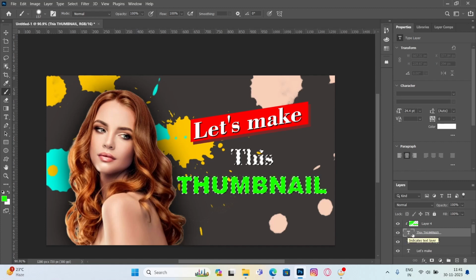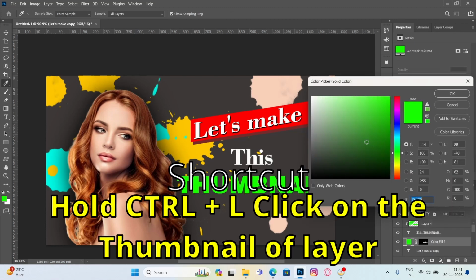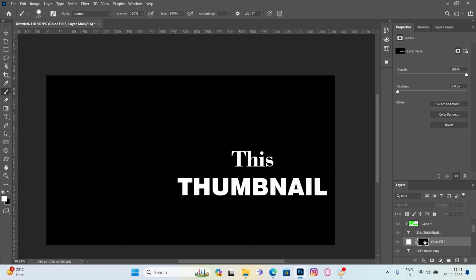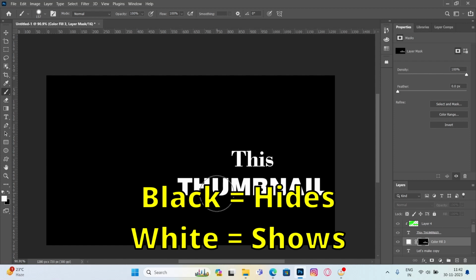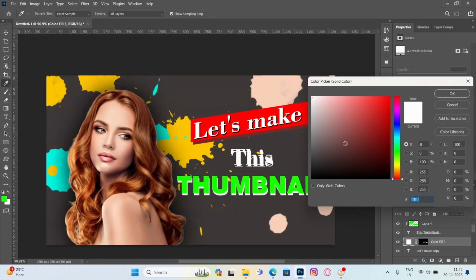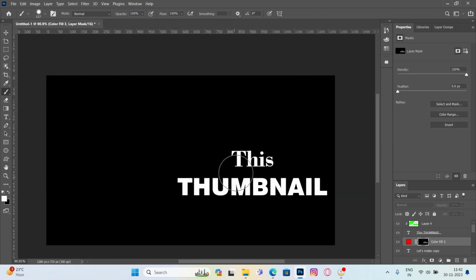Now here let's create a selection of this layer. So you can create a selection of any layer by pressing and holding the Control button and clicking on the thumbnail, that is the T for the text layer. Now I'm sharing something about the mask here. So this is the mask. If you press Shift and then click, the mask will appear. So the white area will be visible and the black area will be hidden. So if you draw anything on this black area by using a gray color or white color, it will be visible. So like I am doing on the mask here for this solid color layer,